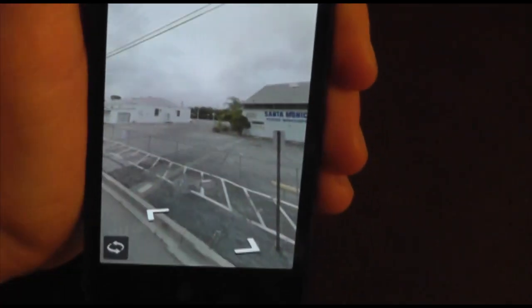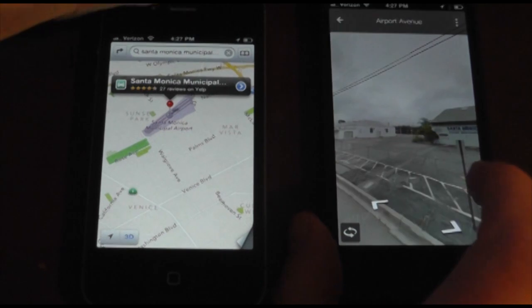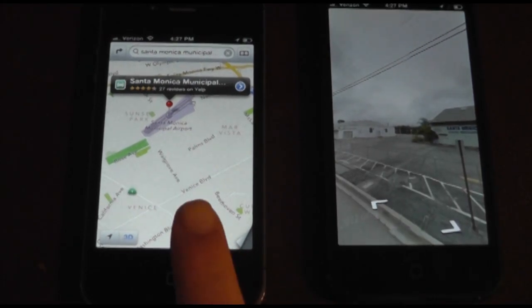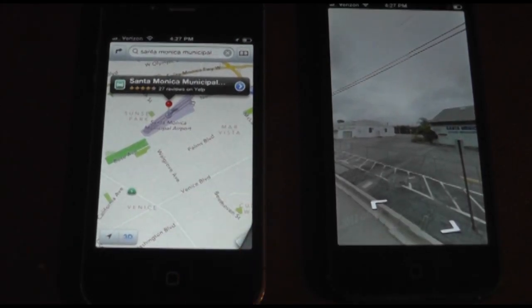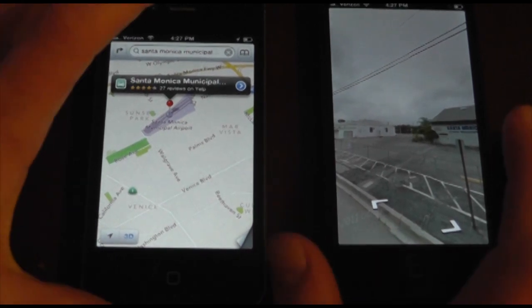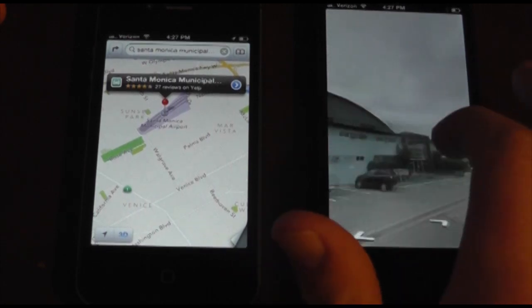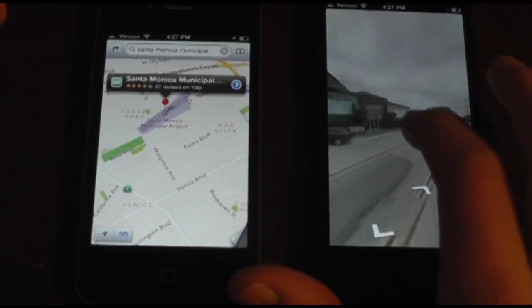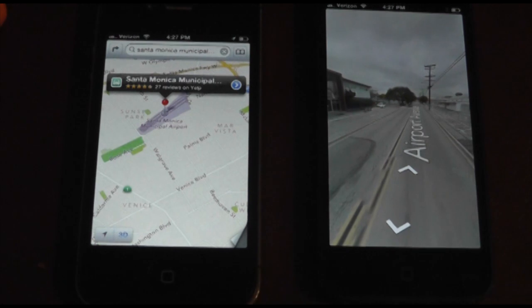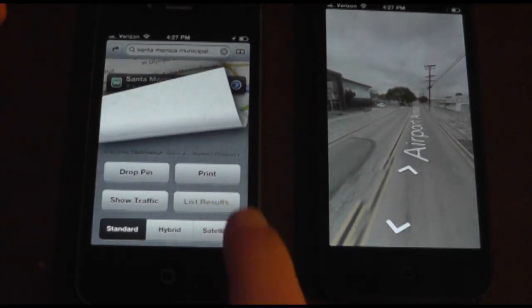Now, as you can see, we've got our Street View, and this right here is what blows away Apple Maps. Now, Apple Maps' equivalent of Street View is Flyover, and that's only available in some cities. And Street View is all across the United States. And as you can see here, we've got a nice little Street View, and it's the same kind of Street View that you would see before. Now, to be fair, let's get into our